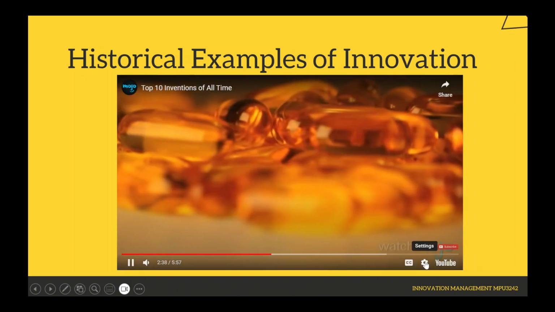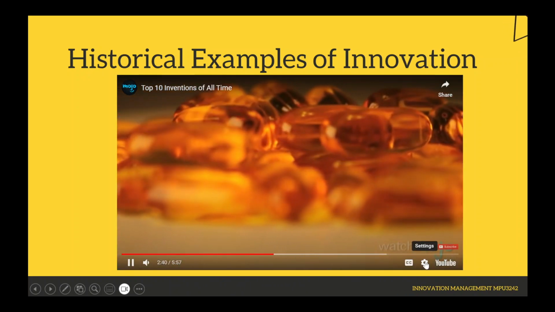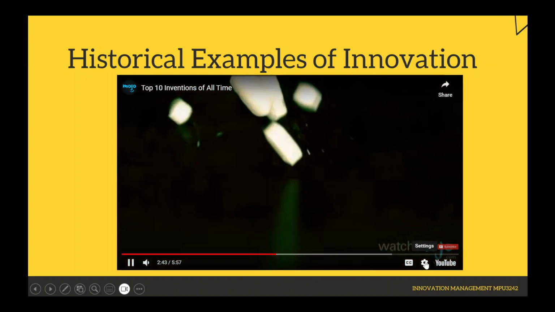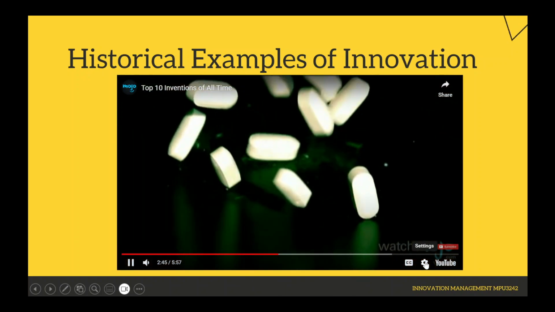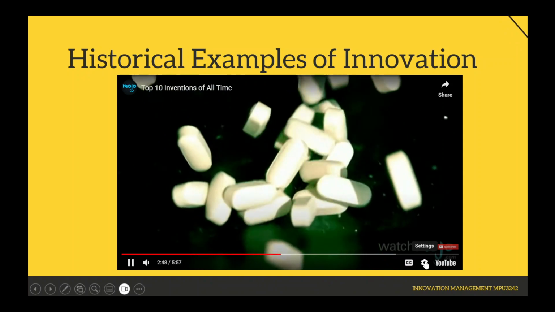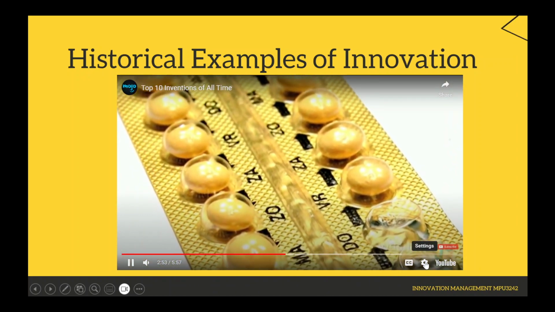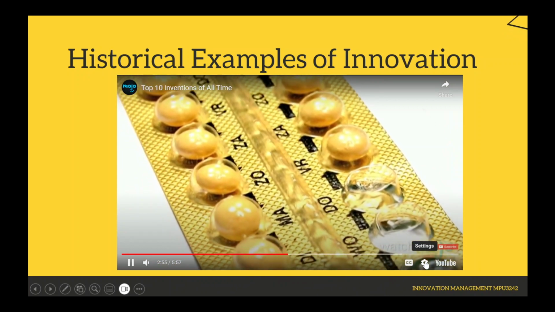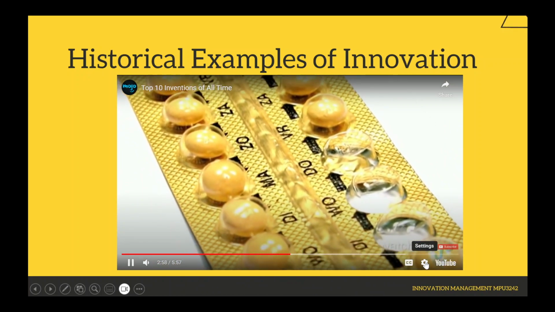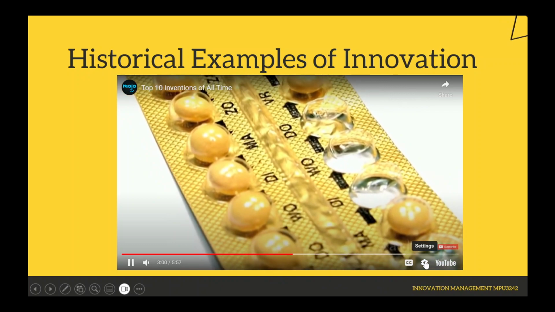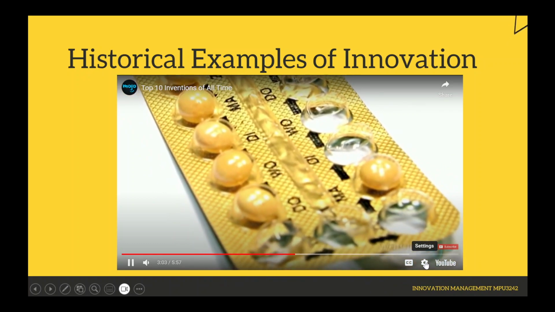Number 5. Medicine. Many medicines and vaccinations have extended and changed our lives significantly. Discovered by accident by Alexander Fleming, penicillin was the first group of drugs that fought illnesses like syphilis and strep infections. On the other side of the spectrum, since they were introduced to the public in the 1960s, contraceptives such as the birth control pill helped level out the global population and launched a revolution in social change.